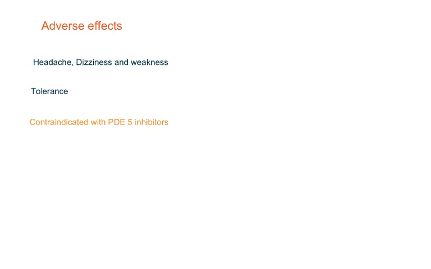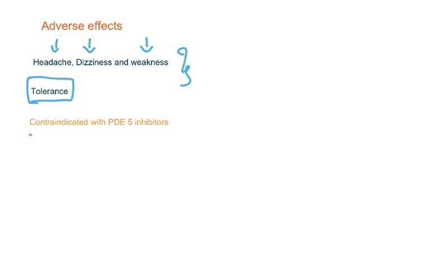Now, getting back to adverse effects, the major problem with all these drugs is that they cause vasodilation, and because of that vasodilation, headache will occur, which also causes dizziness and weakness. The major drawback with continuous use of organic nitrates is tolerance. That means you need a larger dose to get a similar therapeutic action if you continue to use them. That is the reason why they should not be used continuously. There should be some break time to separate the doses.